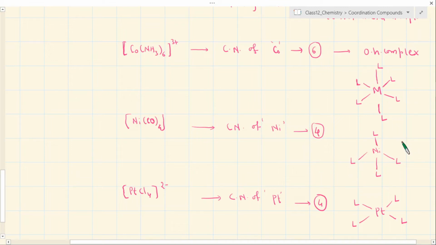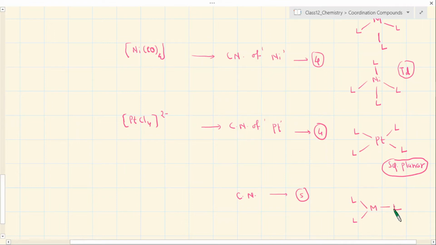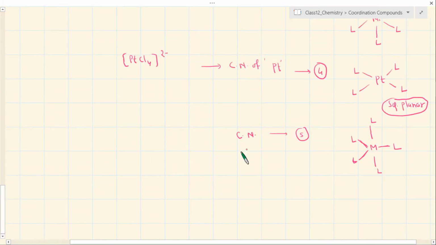This is a tetrahedral, generally abbreviated as TD, okay. This is a square planar. For coordination number 5, suppose you have a plane of triangle with ligands, and above and below you can have ligands, and this will lead to a geometry like triangular bipyramidal, okay. Remember a PCl5 kind of molecule, which you studied last year, has this kind of geometry. So there are complexes of this type, but right now I am simply trying to establish that there is a relation between coordination number and geometry.